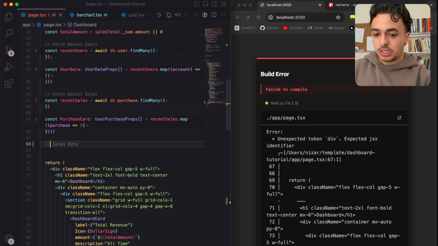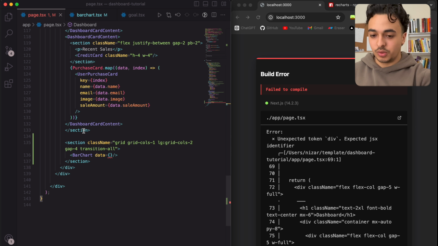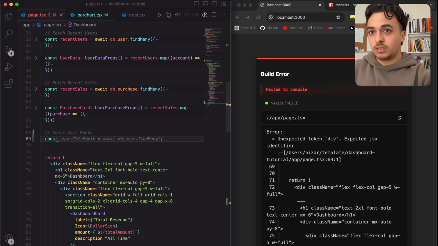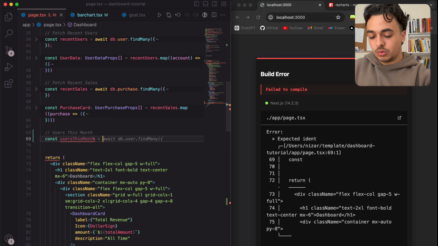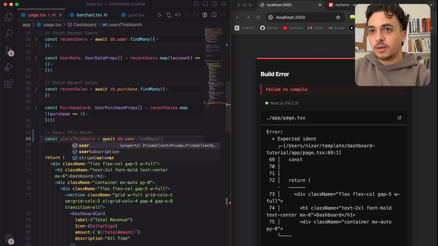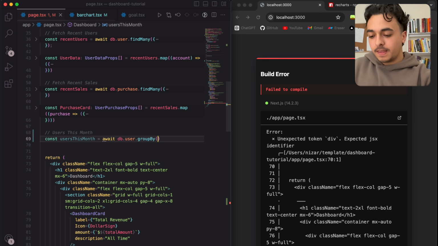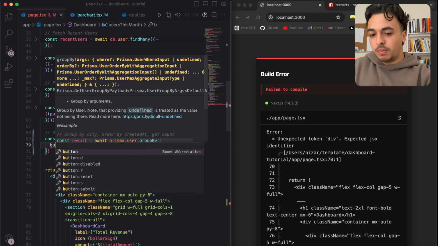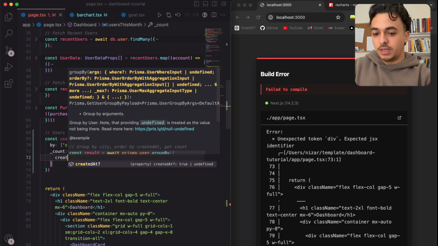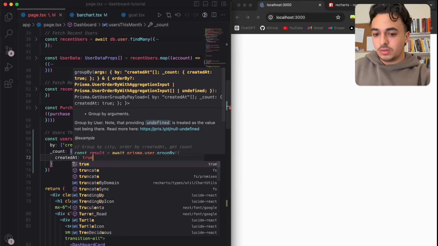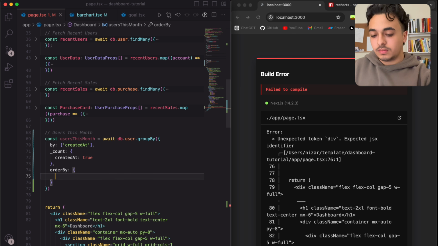And this one's gonna be the most confusing out of all, but users this month, we're going to be displaying, and we're going to be doing some complex things. So just stay tuned with me real quick. But all we need to do is just call const users this month is equal to await db.user.group by, and then by a certain amount. So by created at, underscore count created at true, and then order by created at and ascending, not descending, so